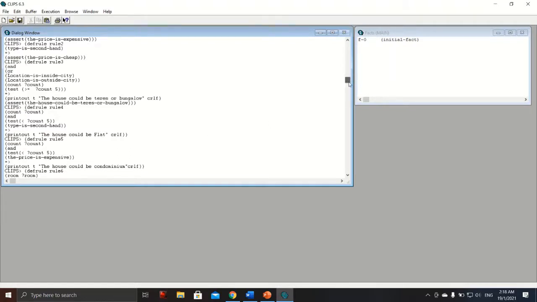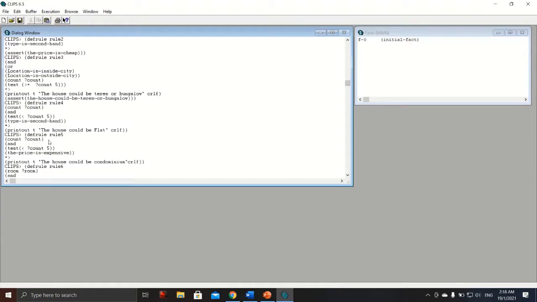Then for rule number 5, if the count is less than 5 and the price is expensive, the output will be that the house could be condominium. And for rule number 6,